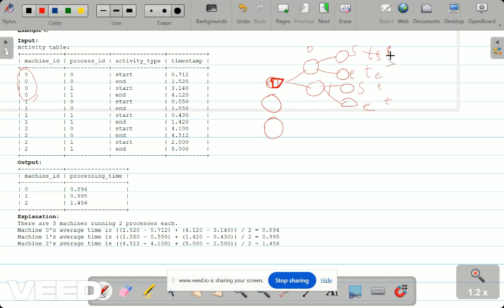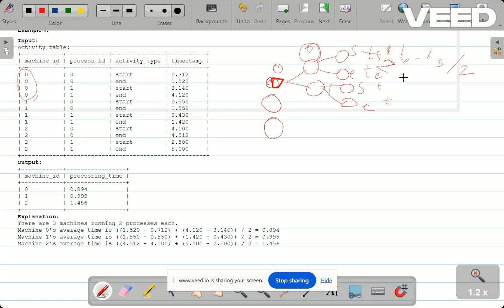For this machine, the average time for this process is end time minus start time, divided by 2. So for this process, we'll get an average by using this.